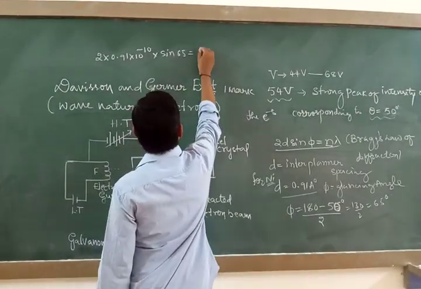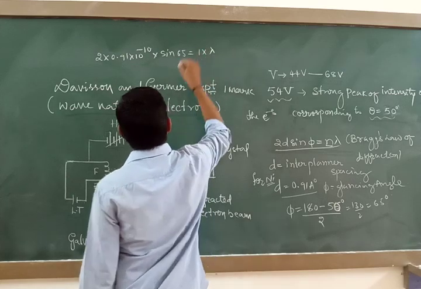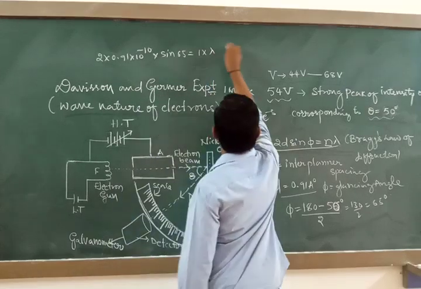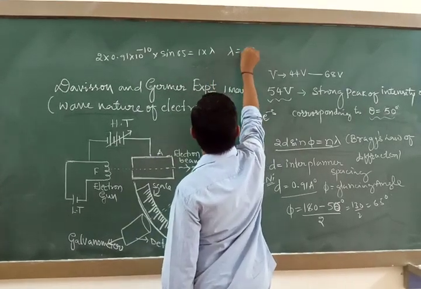So first order I take 1 into lambda, and if I simplify this, the lambda value I am going to get is